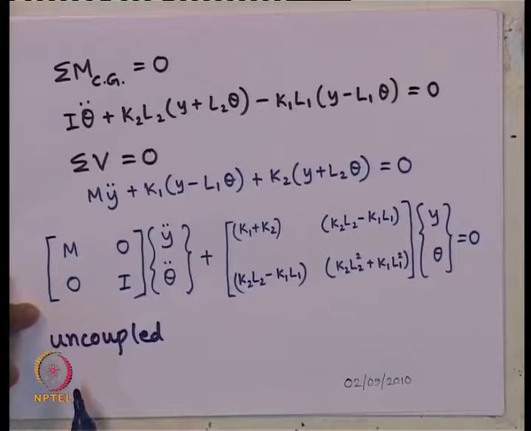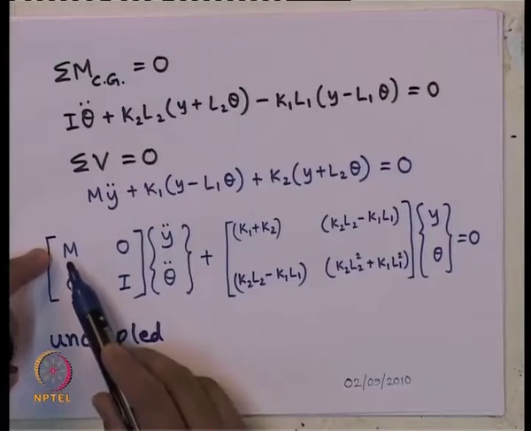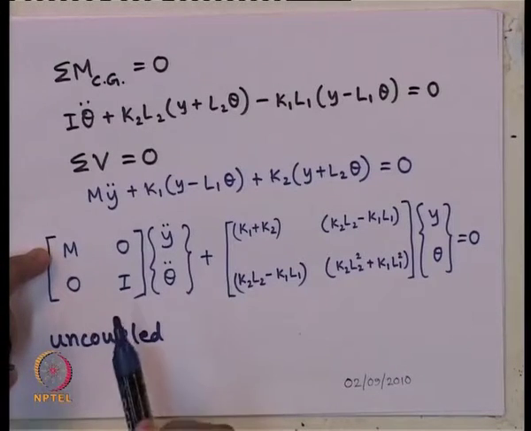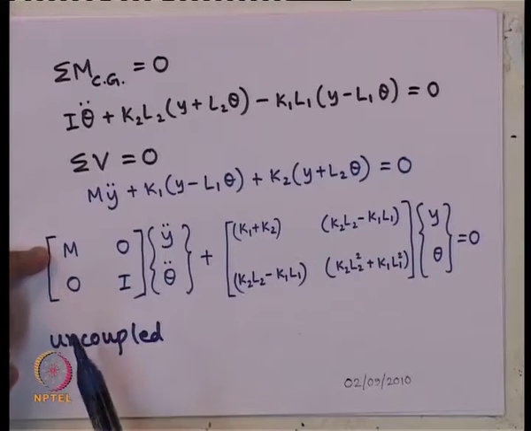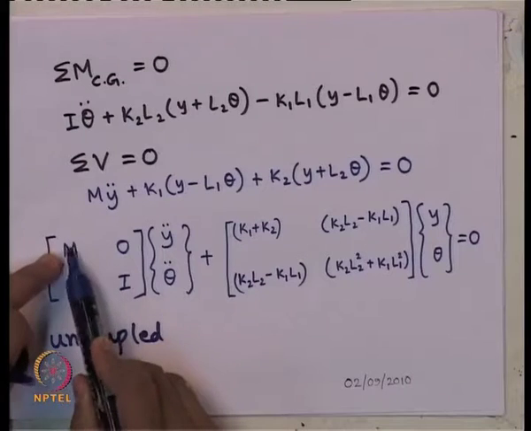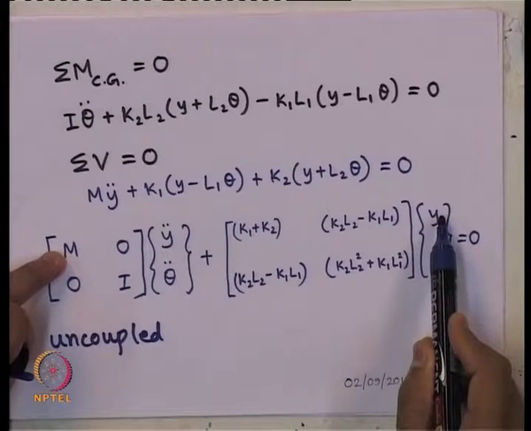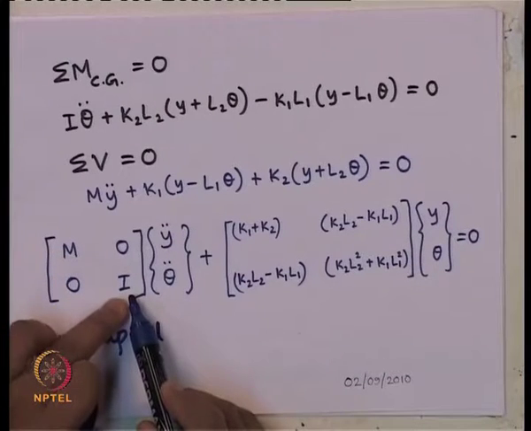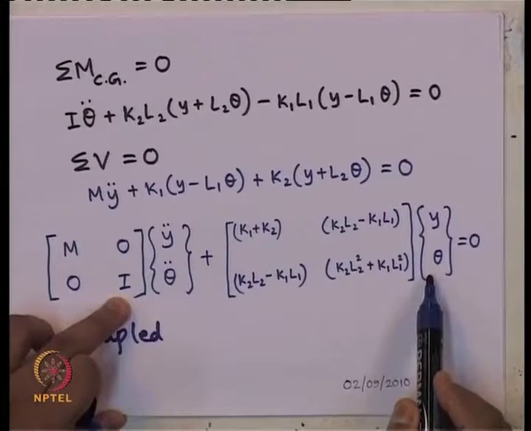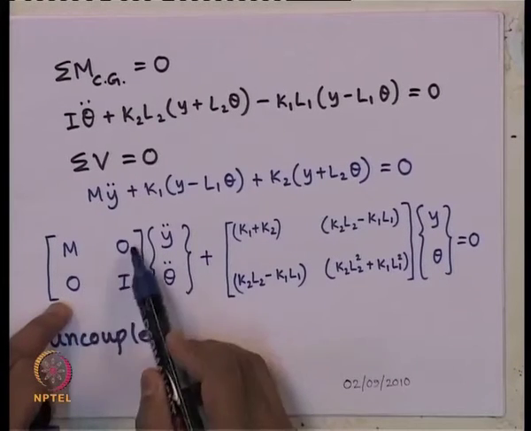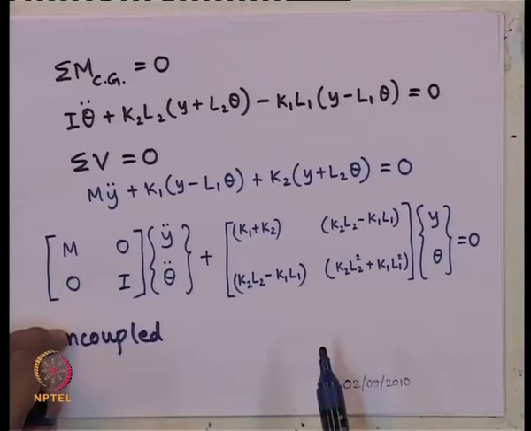Earlier we mentioned we call it uncoupled if, other than the corresponding degrees of freedom, all other entries are 0. So, here this is non-zero corresponding to the degree of freedom y. Here this is non-zero, I, corresponding to the degree of freedom theta,